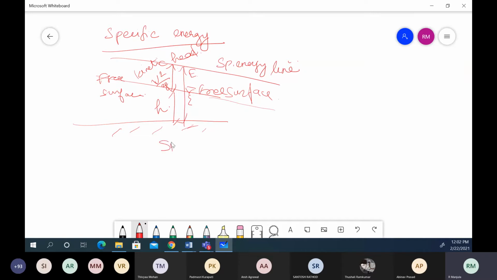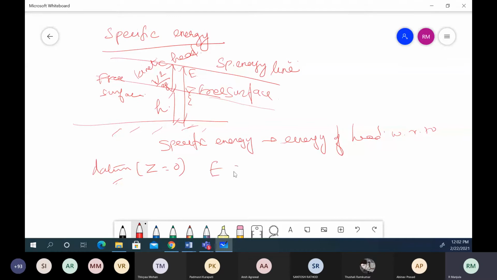And this total energy is going to be your specific energy. So what is the specific energy of a flowing fluid? It is usually defined as the energy or head with respect to datum. With respect to datum, in the sense, your Z is going to be 0. So for the instance of passing through the bottom of the channel, at the particular section, whatever energy is passing through, taking datum as the reference.